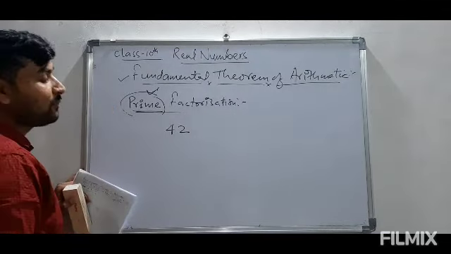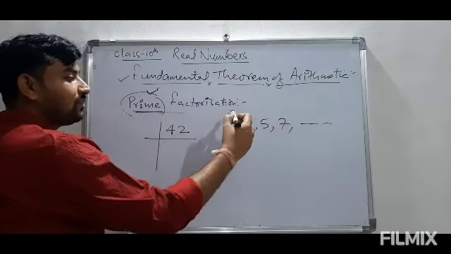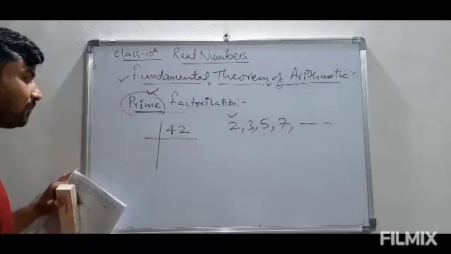of this number 42. For this, what we need, we have a list of prime numbers like 2, 3, 5, 7 and so on. We always start our division with the smallest prime number, that is 2. So we try to divide this number by 2. If it is divisible, then only we can use this number. Here it is very clear that 2 is in the ones place, so it is an even number, it is divisible by 2. So we divide 42 by 2, 4 divided by 2, we get 2, then 2 divided by 2, we get 1. Now we have a new number, that is 21.